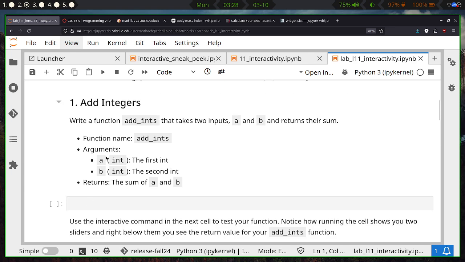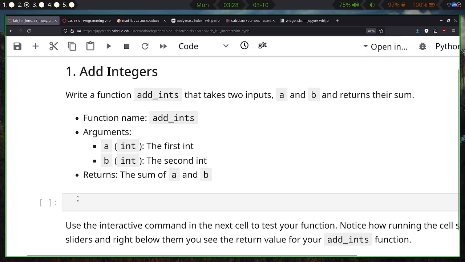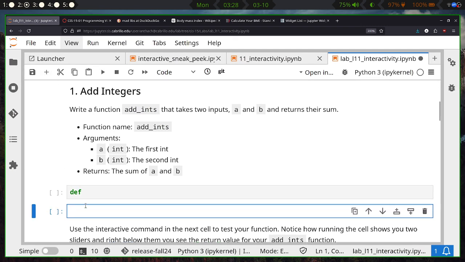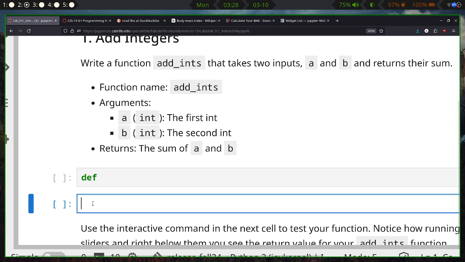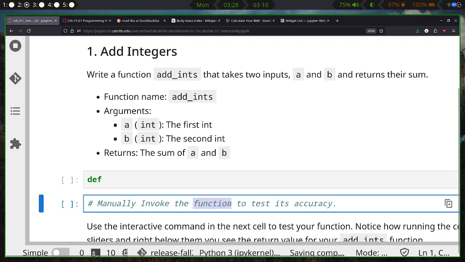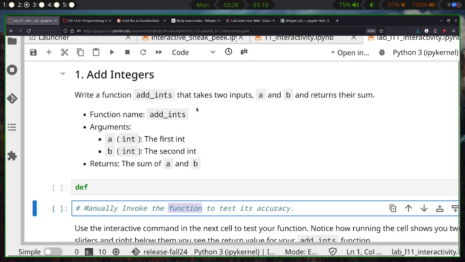So I have some tips. Define the function here. And then maybe test it yourself. Create another cell, and then manually invoke the function here. This is to test its accuracy. So manually invoke the function, and once you tested its accuracy and verified that the function works as intended, then